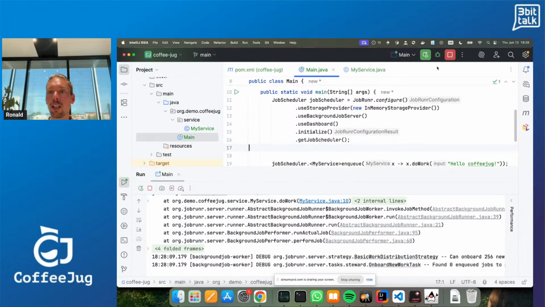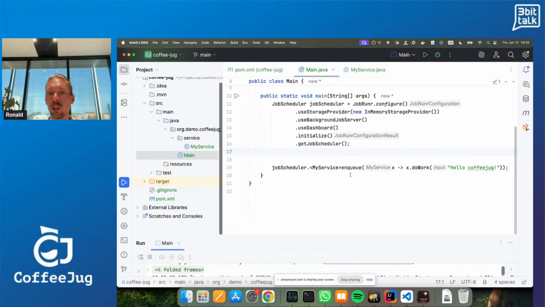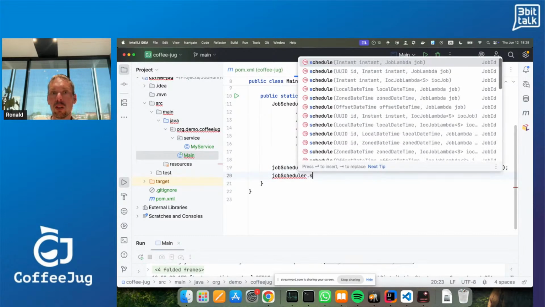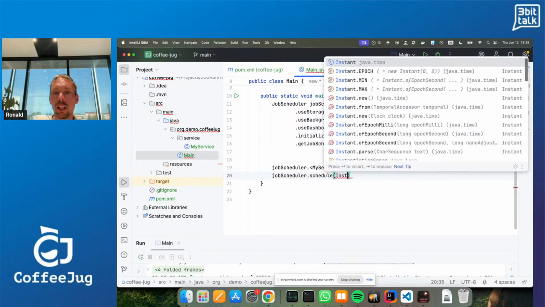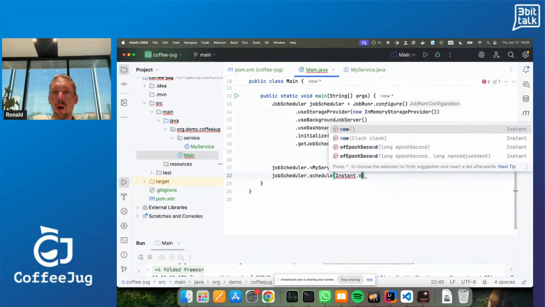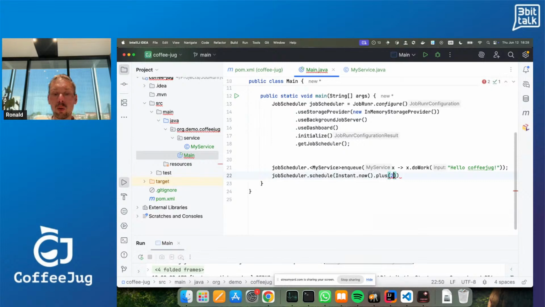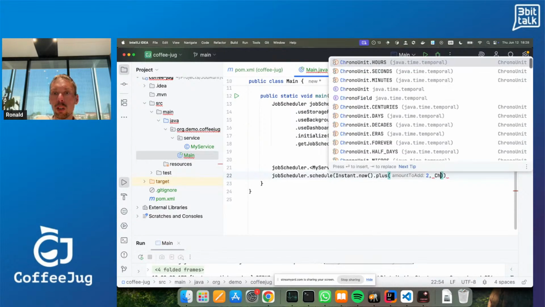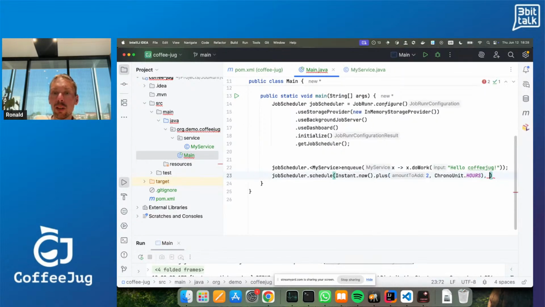What if, for example, instead of directly enqueuing the job, you want to schedule it somewhere tomorrow or something? Well, we also have the method jobscheduler.schedule, and there you can pass in an instant, a lot of stuff. I'm going to use Instant.now plus 2 hours, and then again we just pass all of this.